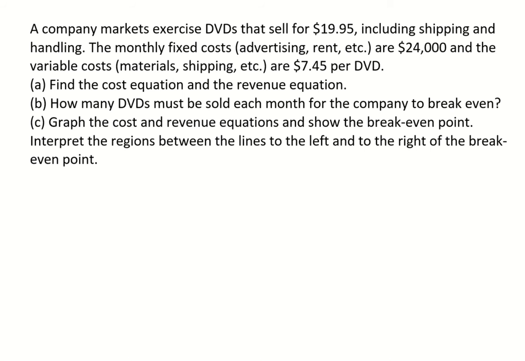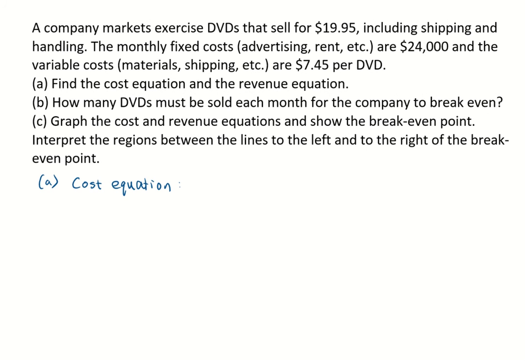In this video, we'll solve this word problem. First, we'll find the cost equation or the cost function. We'll call it C of x, where C is for the cost and x is the number of DVDs sold. We have two kinds of costs. One is the fixed cost, which is $24,000, and the other one is variable cost, that is $7.45